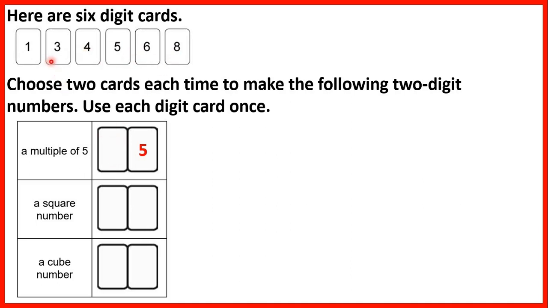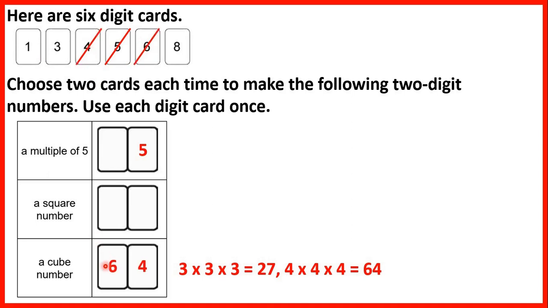So when any card could fit, sometimes it's best to look at our other options first, and then we can use whichever card we have left. So for a cube number, remember we're multiplying a number by itself and then by itself again. So 3 times 3 is 9 times 3 is 27. 4 times 4 is 16 times 4 is 64. Now we can't have 27 because we don't have a 2, but we can use 6 and 4 to make